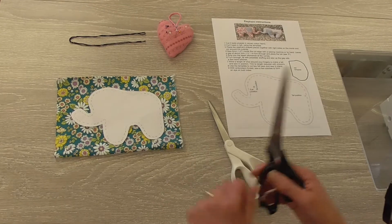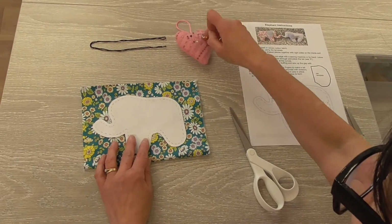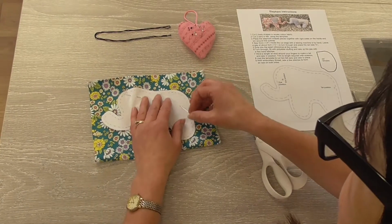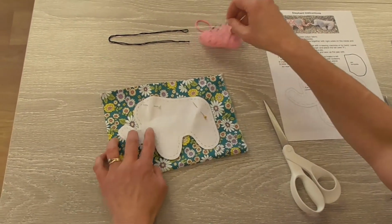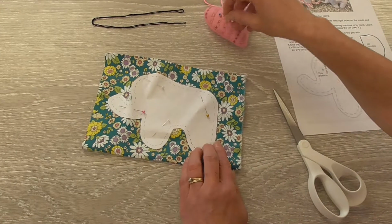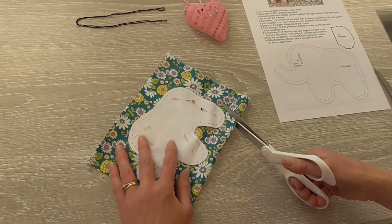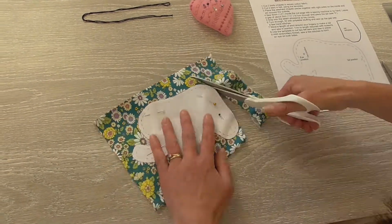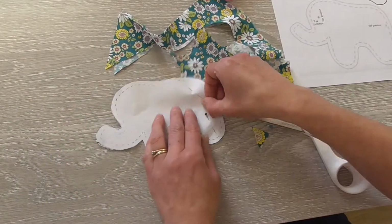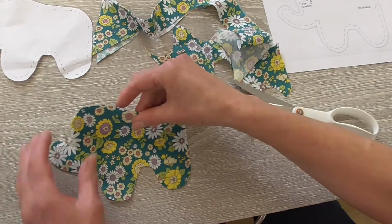You'll need some paper scissors to cut out your template. You'll need some pins to pin your template to your fabric. And then some fabric scissors to cut around the outside. When you've finished that, take your pins out and you now have two elephants,